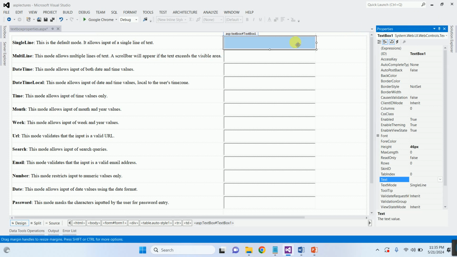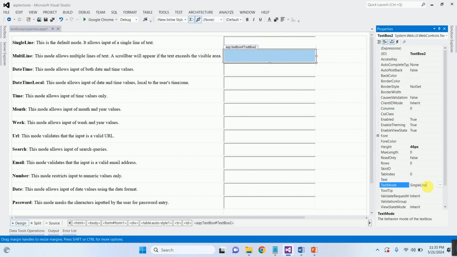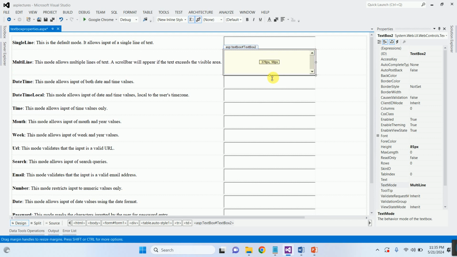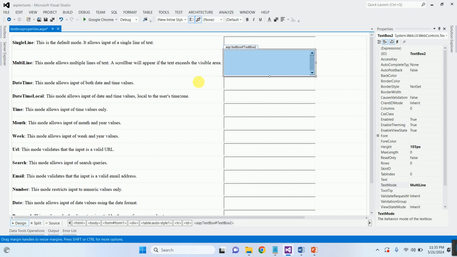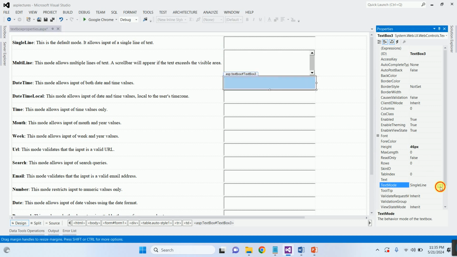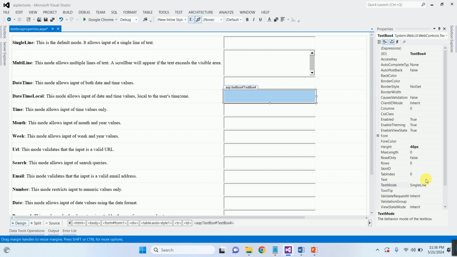The first text box is a single line. The text mode is single line. The second is multi-line. We can select the multi-line and resize it to a little bit bigger. Then the third one is for date and time, date time, date time local,